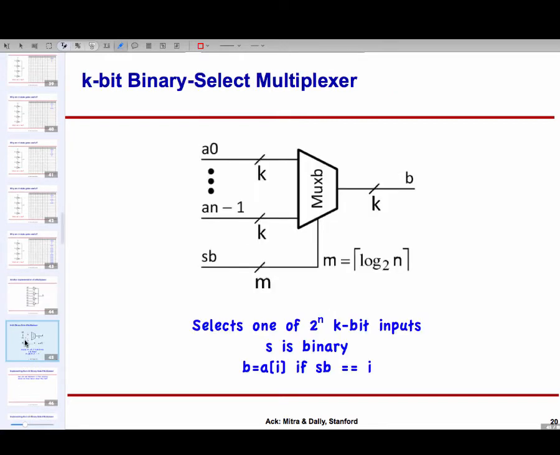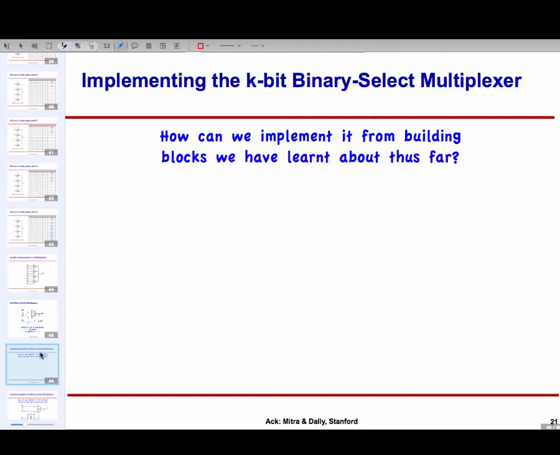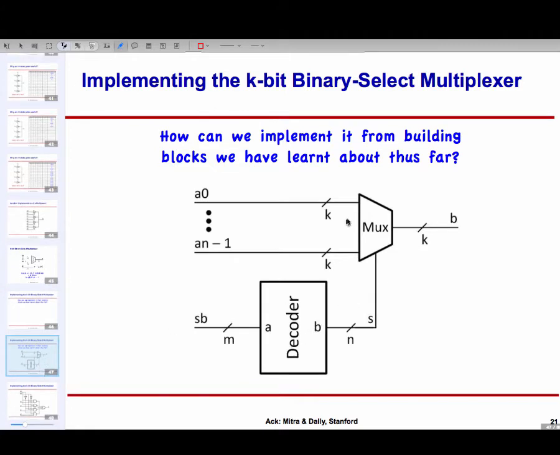So I think that, and then I also kind of talked about how we can create multiplexers where the control input, instead of being one hot, is binary encoded. And I guess to answer your question, for the tri-state type logic, it's a better idea to always take binary encoded control and then generate the enables yourself, by having additional circuitry. So I can implement it by combining a Mux and a decoder.